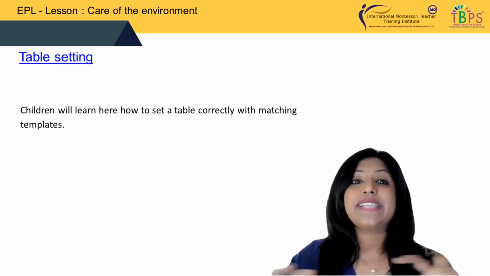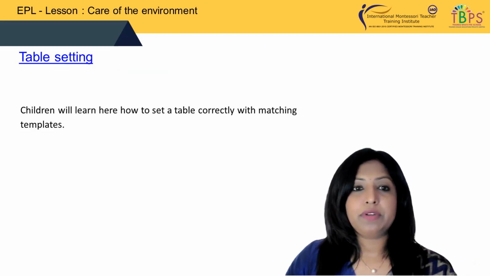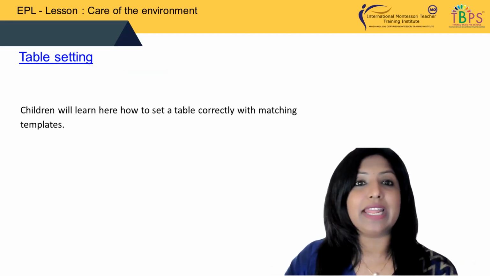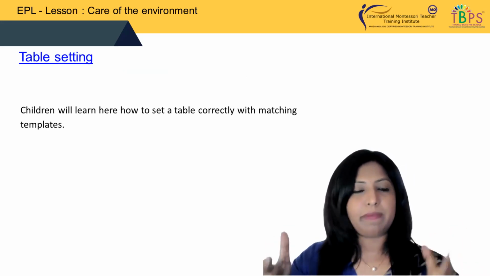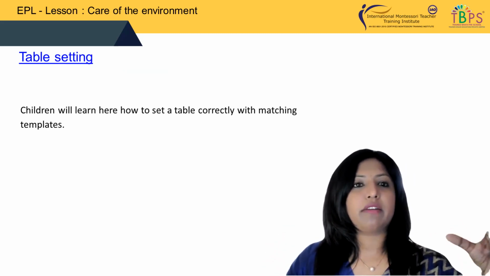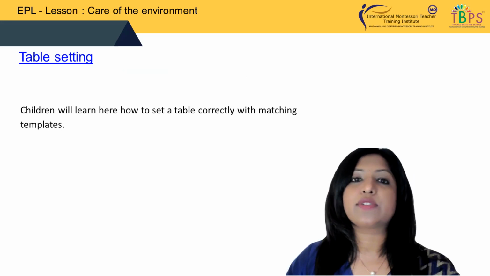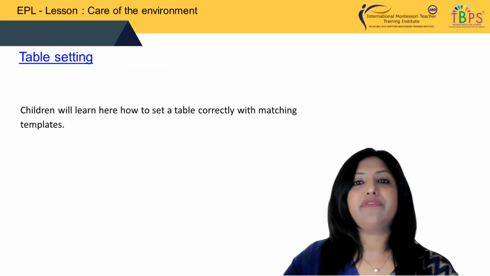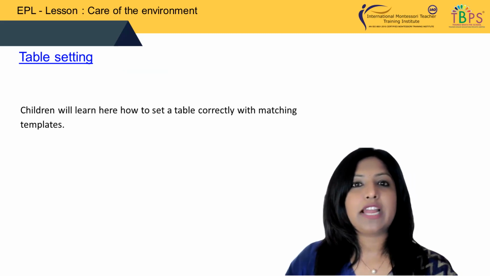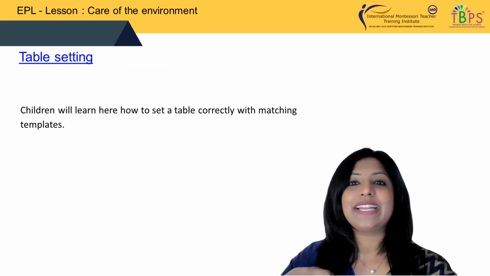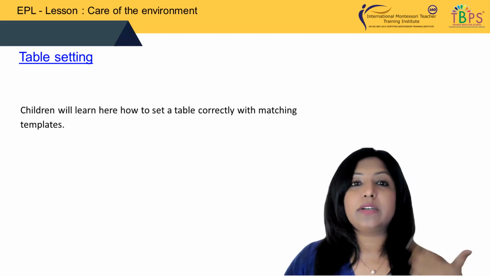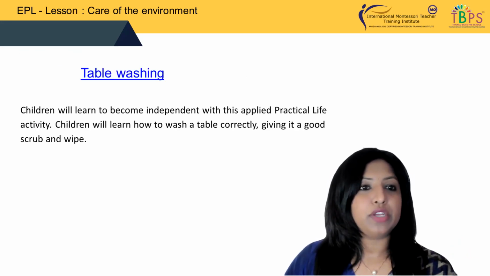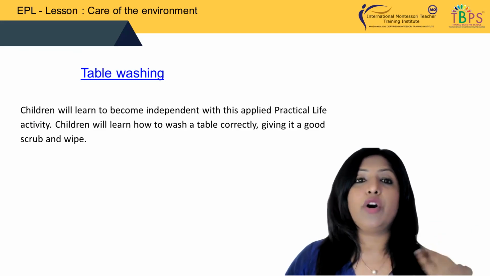Table setting. How do you set your table? That is important. Before we dine, before we start eating, set the table in the right way. Keep the plate in the same way. If you're a right-handed person, keep your water glass on the left side. Keep your spoon, your butter knife, and your fork towards your right side, and teach them how to eat exactly. So this all comes under your table etiquette, your eating etiquette. It comes over there, so we would be able to work on that.